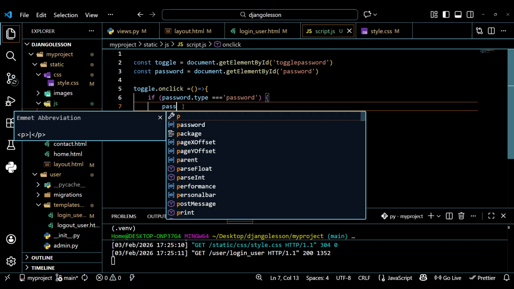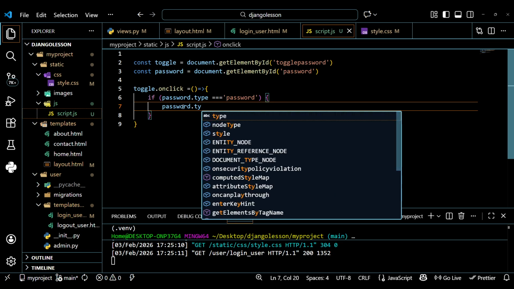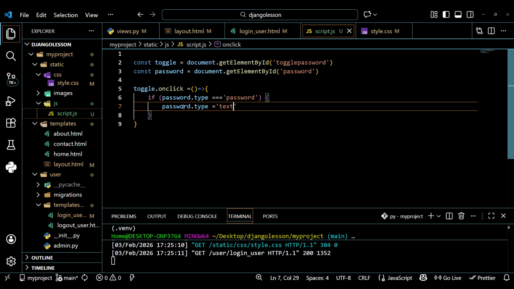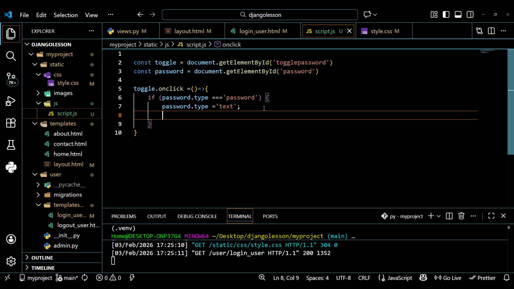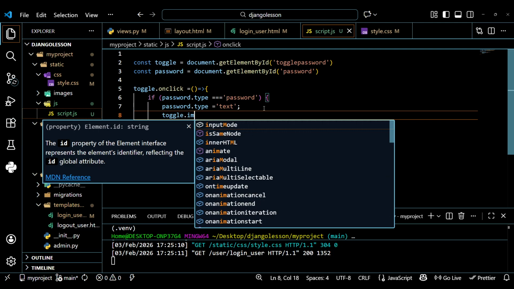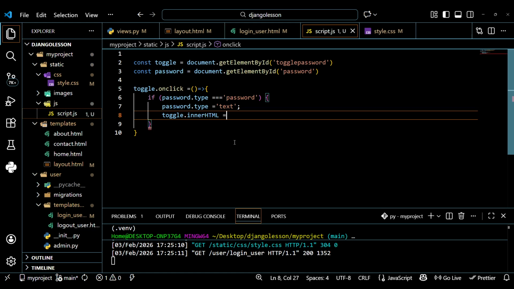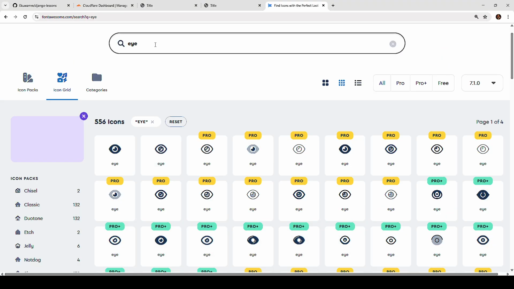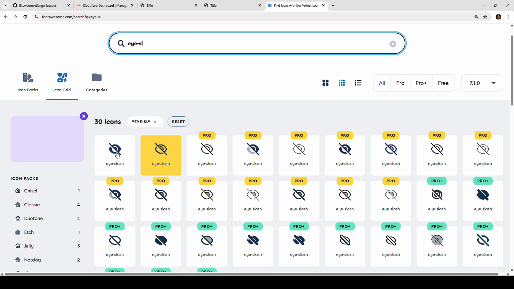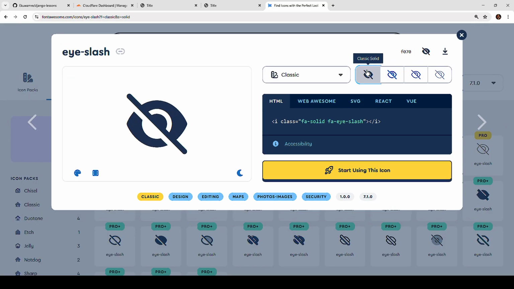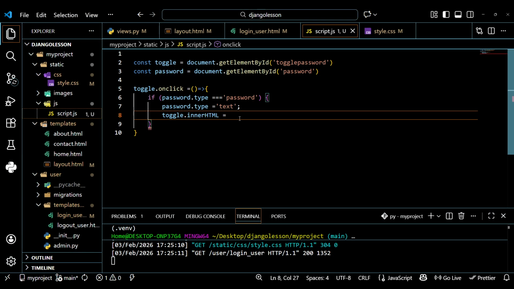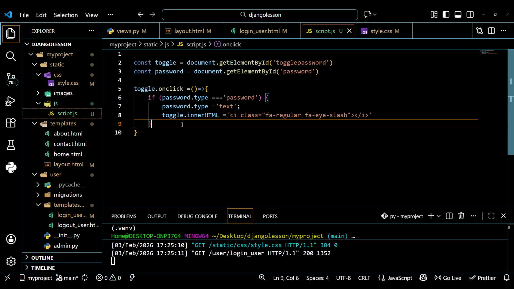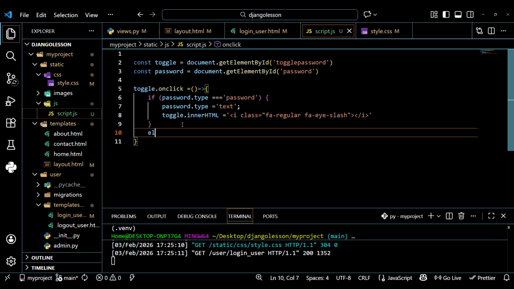Then here it will be password type equal to text, or toggle dot inner HTML equal to, we go back there and take that one, slash, type hi the slash, this one. So you will be toggling between the two. So we take that, we put it like that. So it will be toggling between the two, or else